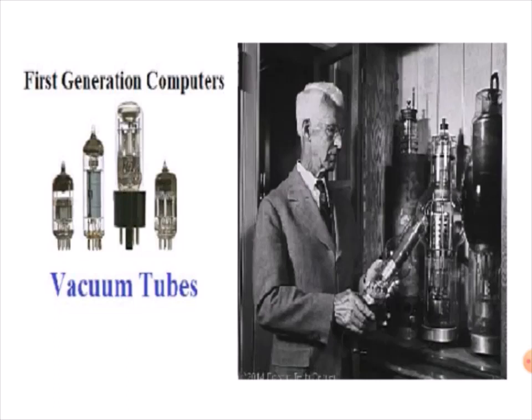Before 1948, this control of flow of electrons through the material was achieved by using electronic devices called vacuum tubes or vacuum valves. There are different vacuum tubes: diode, triode, tetrode, and pentode valves, depending upon the number of electrodes they have. Diode has 2 electrodes, triode 3, tetrode 4, and pentode has 5